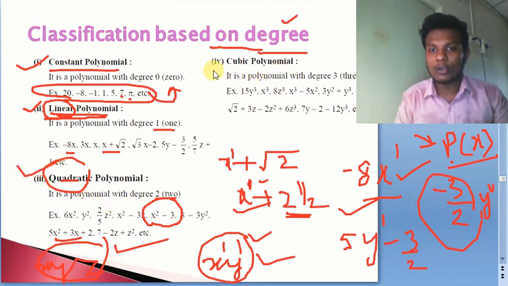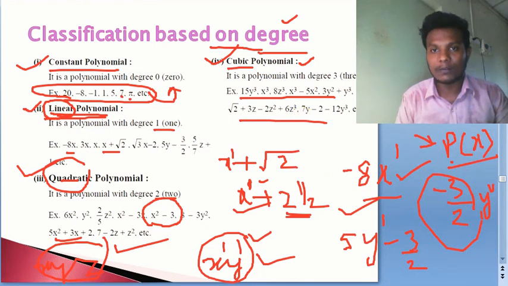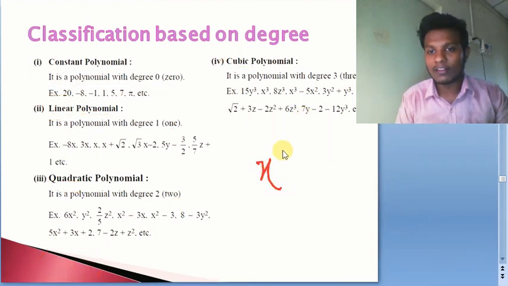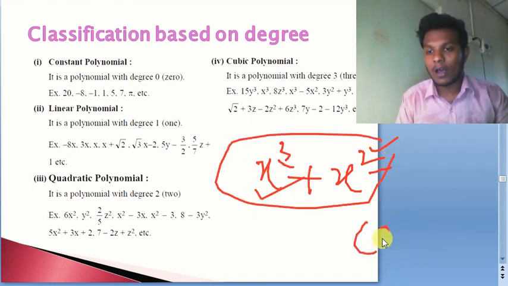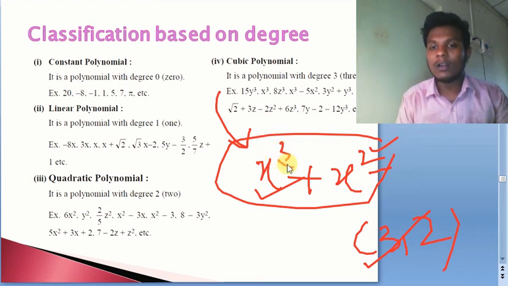So the last thing is going to be the cubic polynomial. Cube generally means 3, power 3. That means if the degree of the polynomial is 3, then we can say that it is going to be a cubic polynomial. So see, in all these examples, we look at the variable having the highest power. Suppose we have x cube plus x square. Here one highest power is 2, the other is 3. So here it is going to be cubic. We have to see the degree. Here the variable involves the powers 3 and 2, out of which 3 is the biggest one. So that is why it is going to be a cubic polynomial, as we are classifying based upon the degree here.